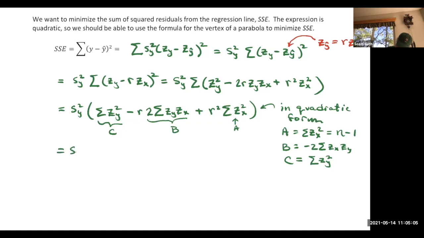Anyway, so I've got SY squared. The C is the n-1, because it's again the sum of a bunch of Z scores squared and added up. That always adds up to the sample size minus 1. Okay, so then I have minus r times B, which is this mess, the sum of ZX ZY. And then plus the r squared times A, which is n-1 times r squared. Okay, so this is minimized